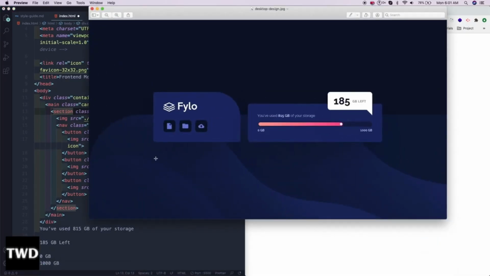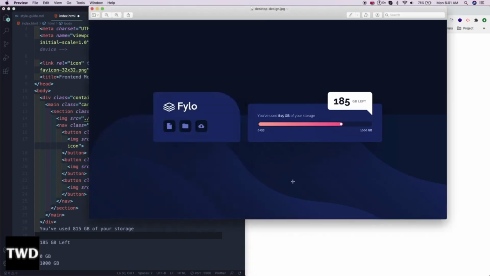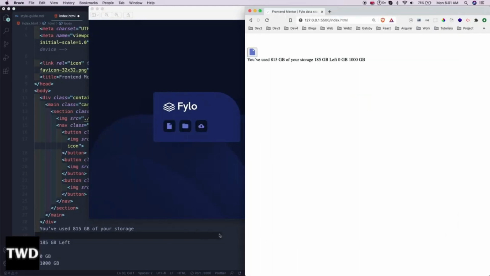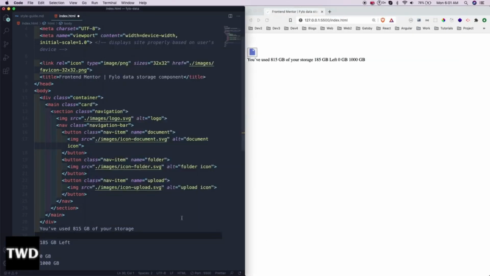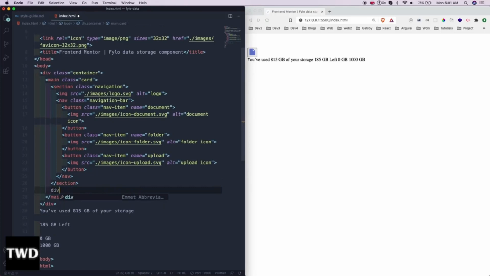This one. Okay, so this image has not been shown because its background is white, so it is not been shown. Okay, so next thing which we are going to do, the detail wrapper, will be done after this section. We have this section, so after this section, div dot details wrapper,